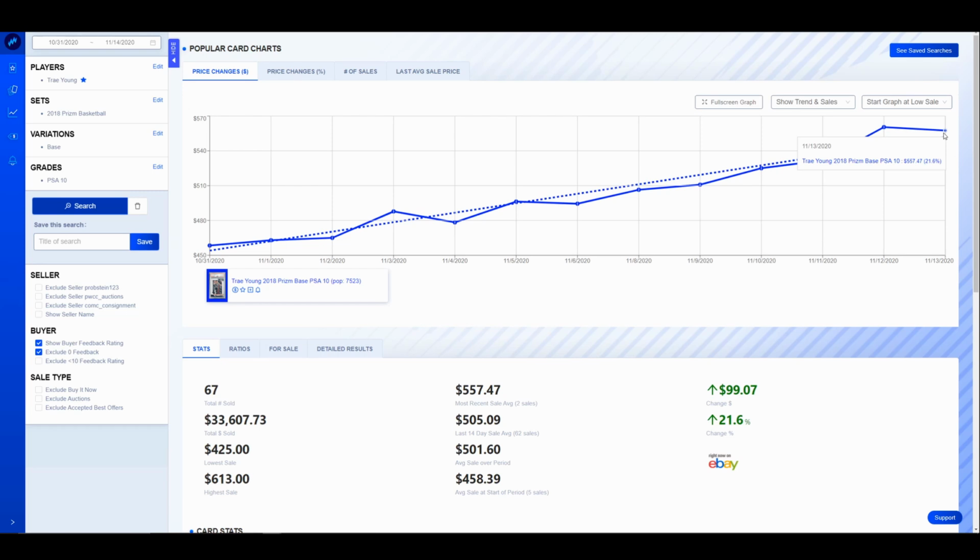And once again, this card's probably going to go up another 20 or 30% before the NBA season starts. And depending on how he plays, could skyrocket. I could easily see Trae Young PSA 10 Prism, if he plays well, being a $1,000 card at some point in time this season. If Luka can get to 2K, there is no reason why Trae can't get to 1K. None whatsoever. So if he comes out and starts dropping 30, 40, 50 points a night,